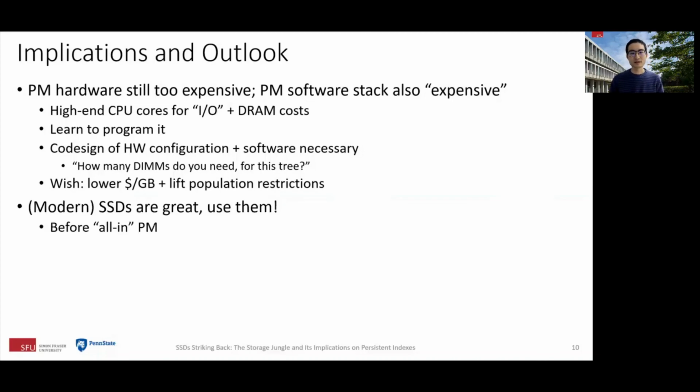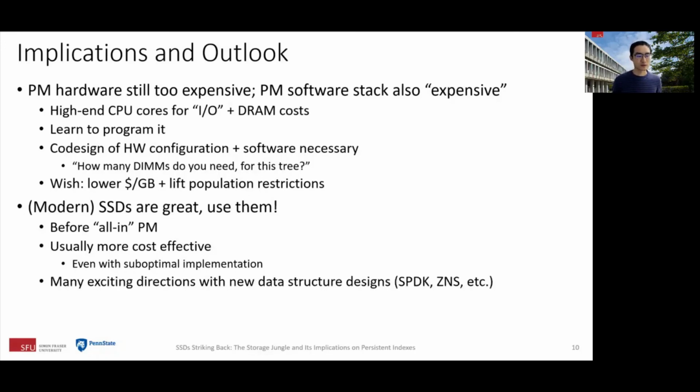On the SSD side, here, I hope I convinced you from our numbers that they're actually great, and modern SSDs are fast, and you should actually use them, at least before considering using PM for future data structures. They're usually more cost-effective, even with suboptimal implementations, as we have seen in the previous slide. There are many exciting directions with new data structure designs, for example, using SPDK, ZNS, and other directives that are coming up in newer SSDs. Now, of course, if the application actually needs PM-level low latency, then we have to use